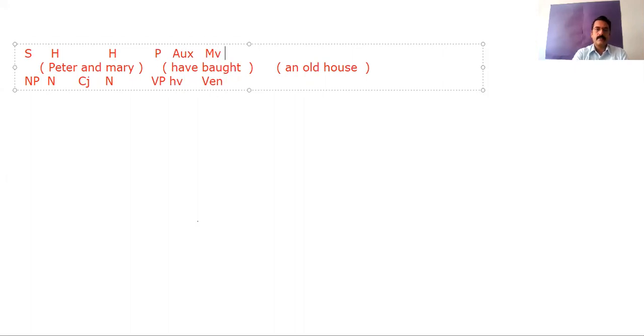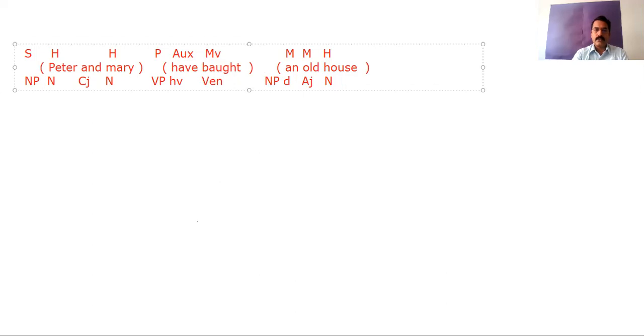And the third phrase, an old house. Head is house, an is pre-modifier, old also is pre-modifier, head is house, right? Let's give form labels. An is determiner, old is adjective, and house is noun. So this is an NP.